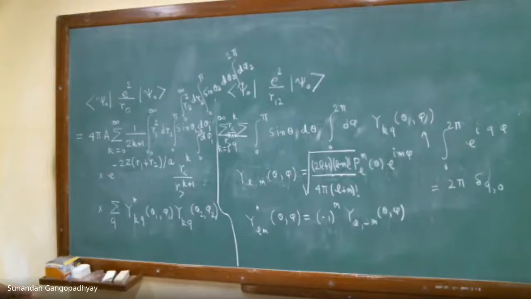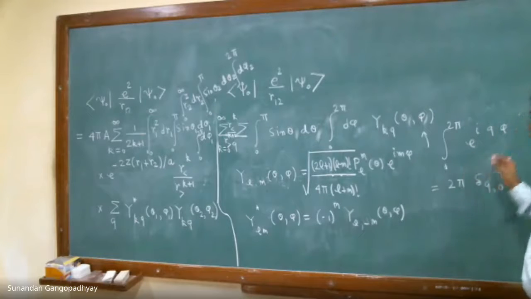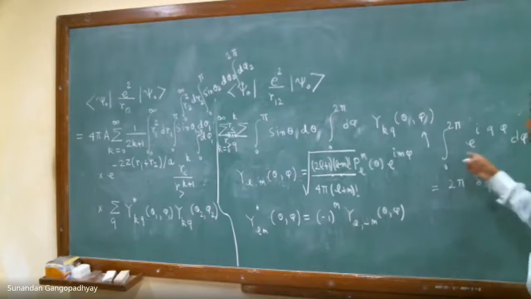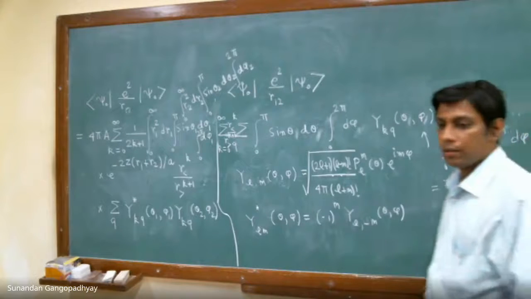Yes or no? So just the delta function that you got, that part, can you explain once again? This one? This just one? The Kronecker delta part. Yes, you just integrate this and see. This is a simple integral, right? This is an integral over d phi. It's a simple integral. Just integrate it.